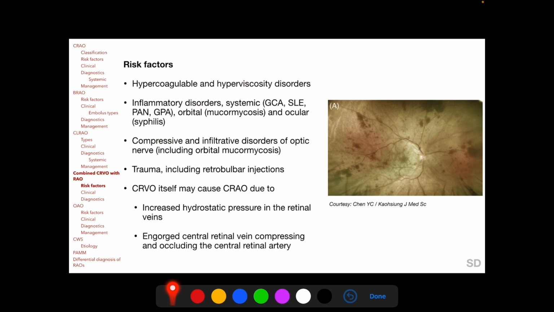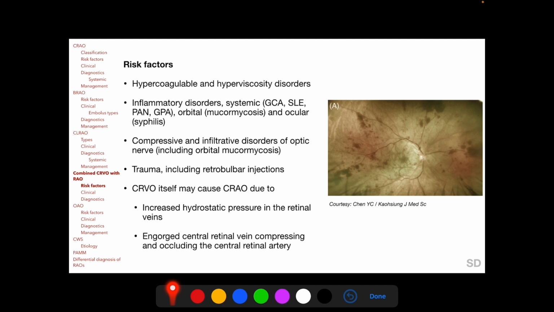disorders, compressive and infiltrative disorders of the optic nerve such as orbital mucormycosis, and trauma to the optic nerve such as from retrobulbar injections. Rarely, CRVO itself may cause a CRAO due to either increased hydrostatic pressure in the retinal venous system or due to an engorged central retinal vein compressing and occluding the central retinal artery lying beside it